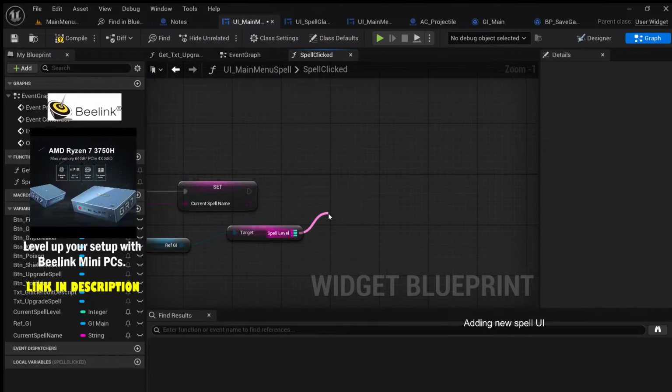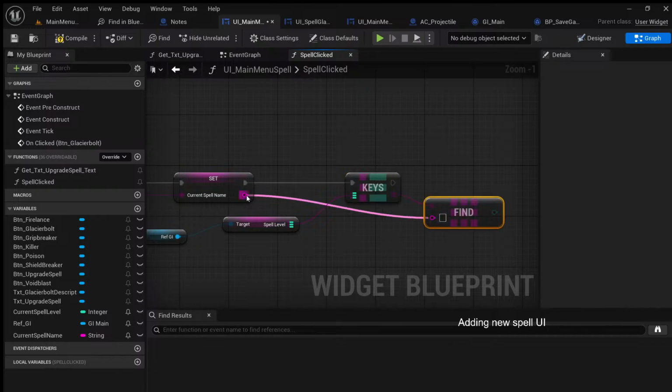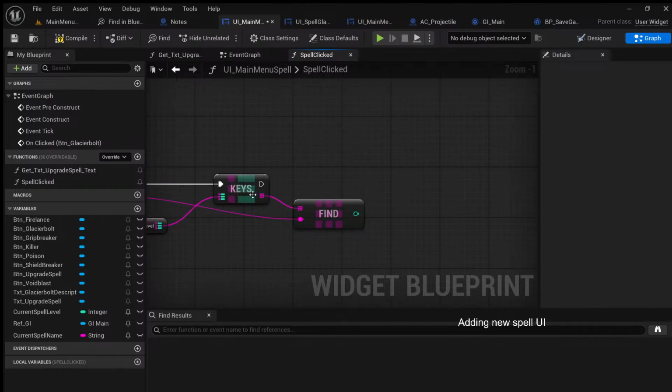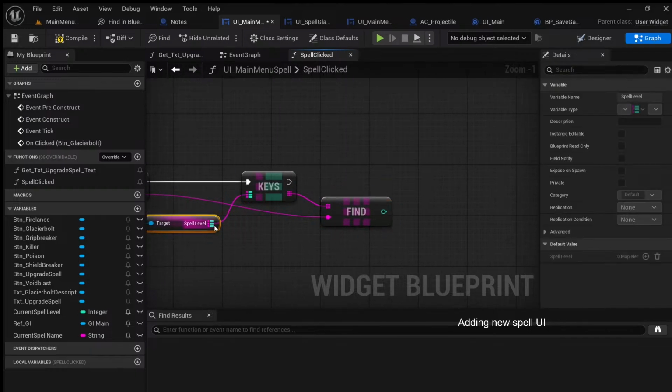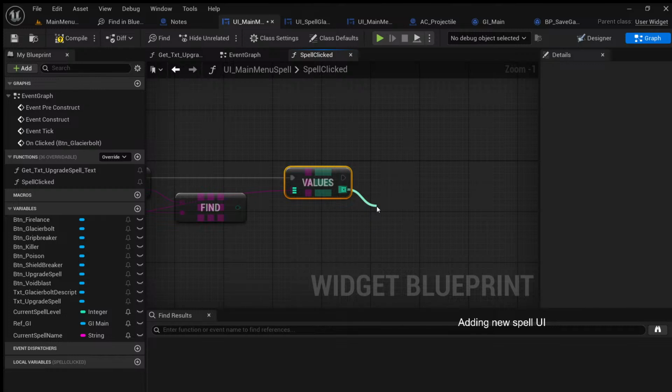And we get the keys, in which we are going to find the spell. Then we also get the values, and in the values we are going to find